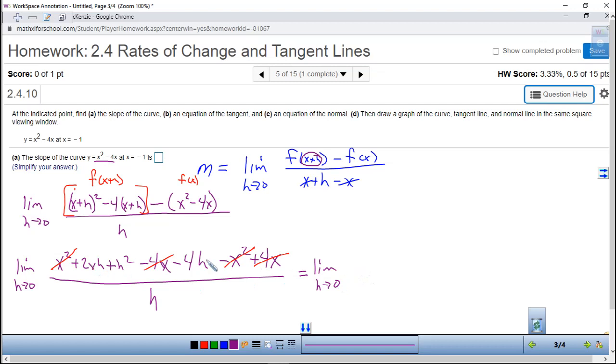So now, once we've got that, we can move everything over here that's still left. We're going to get 2xh plus h squared minus 4h. You got that term, and that term, so that's everything. And notice every one of these terms has an h in it. Now, the reason why it's very, very important for that to happen is that if you have an h in every term up here, you have an h that you can factor out. So you're going to have the limit